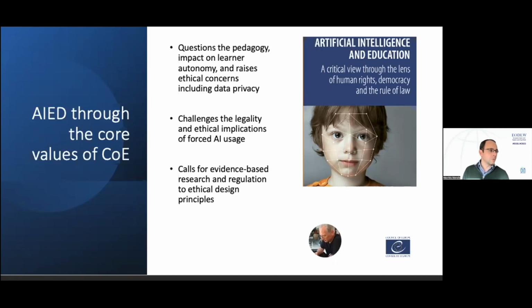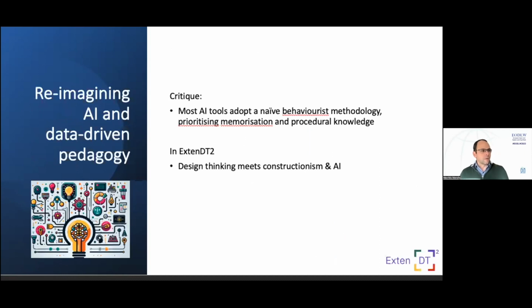So bringing it to Exten specifically, we are in the process. It is early stages in relation to this particular strand of the work, but we are reimagining what AI could mean in data-driven pedagogy in this particular space. As I mentioned, most of the work so far in applications of AI in education has focused on naive behaviorist methodologies, where the idea is that you sequence material or that you give questions or quizzes to students that are adapted to